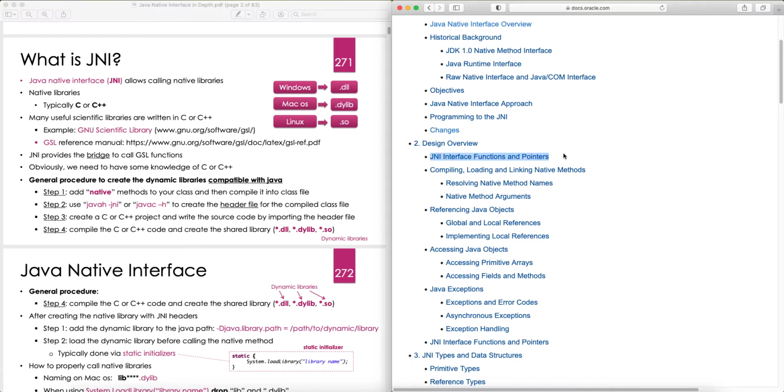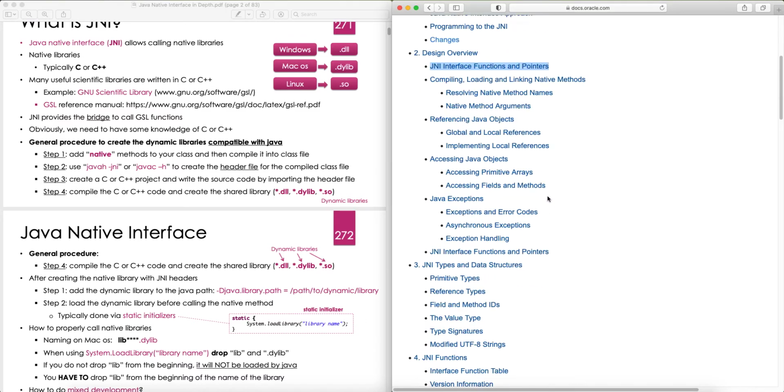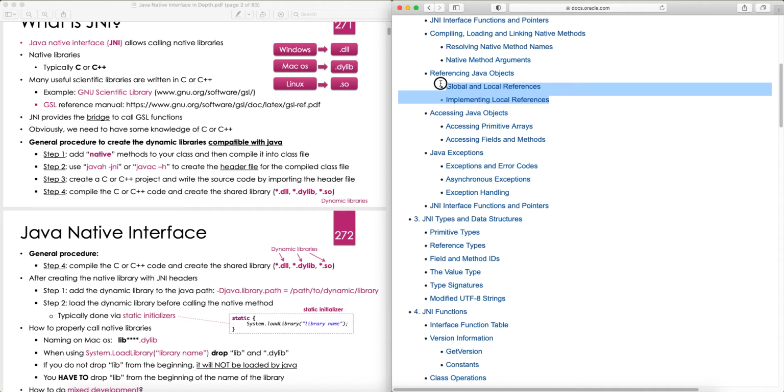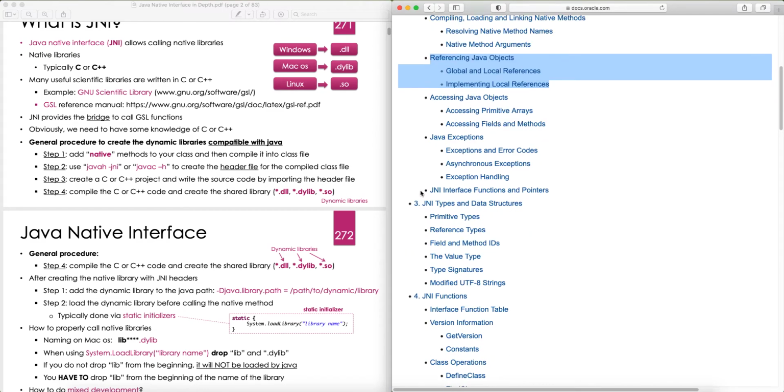All right, and then we use System.loadLibrary to load the dynamic libraries in Java at runtime. So the loading of the dynamic libraries happens at runtime, not compile time. So resolving native method names, native method arguments, and then referencing Java objects, global and local references, implementing local references. These two are not something that we typically use, so this is more like a rarely used topic, local and